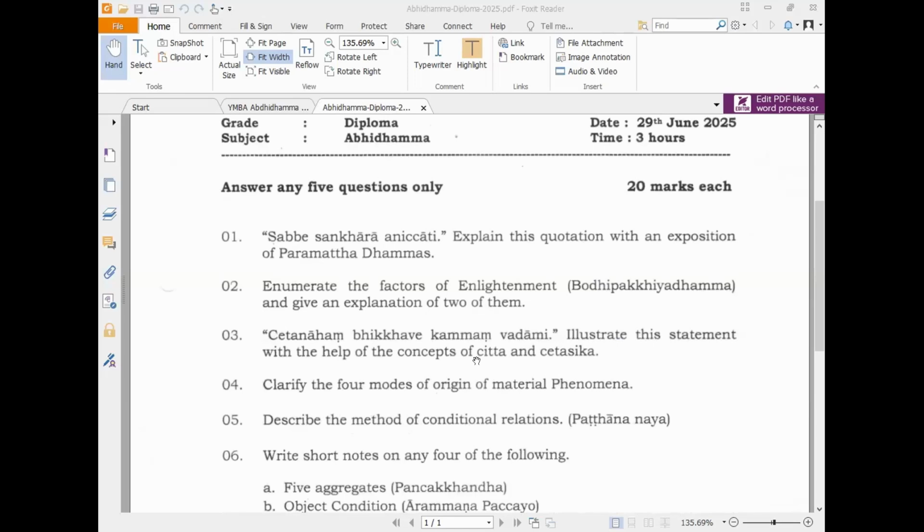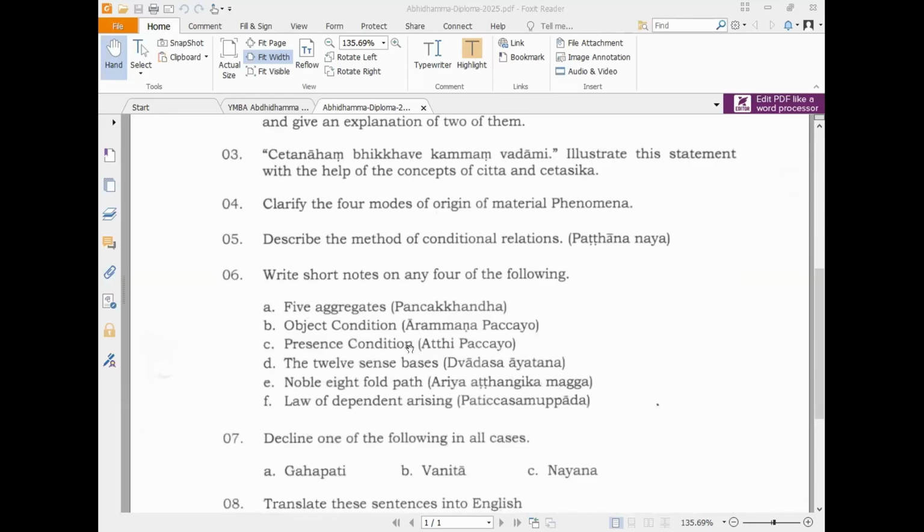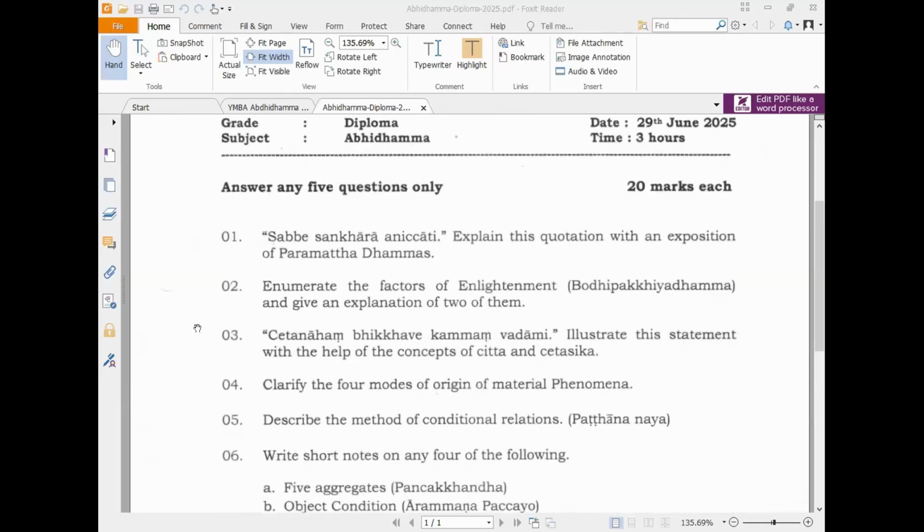I think numbers 1 and 2 were done. Number 3 also done. 1, 2, 3 done. Okay.